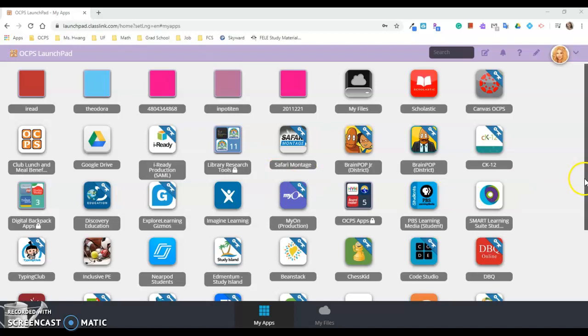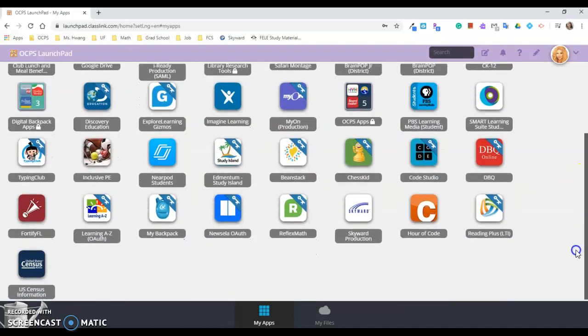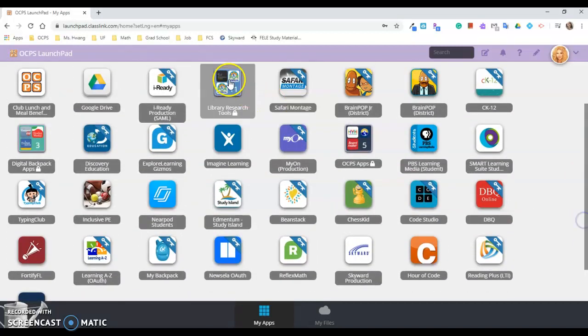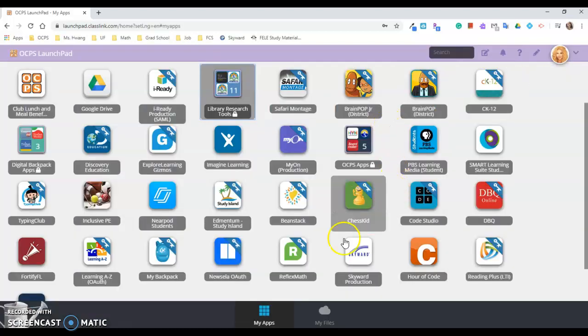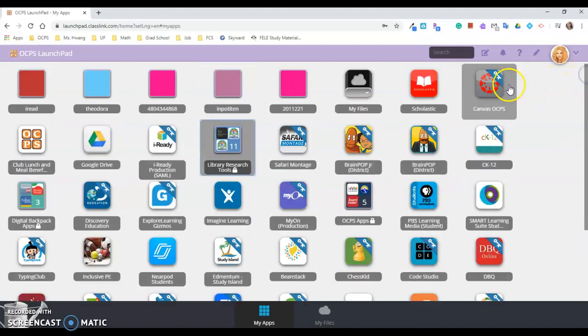You can access your AR right here, Library Research Tool, and then Renaissance, and then you have your Reflex Math on the bottom and Skyward on the bottom where you can check your grades. So I'm going to be going to Canvas,